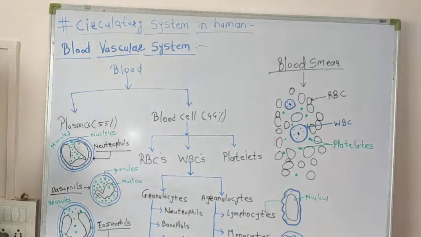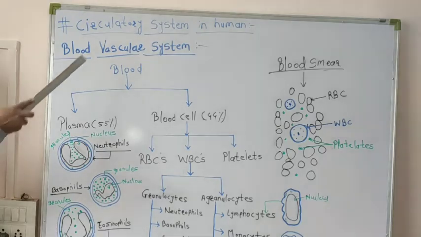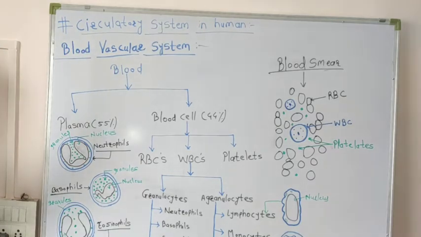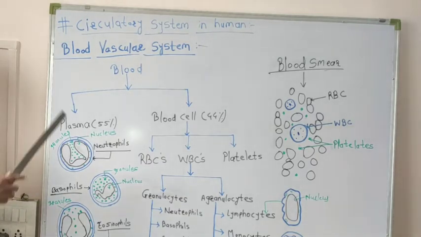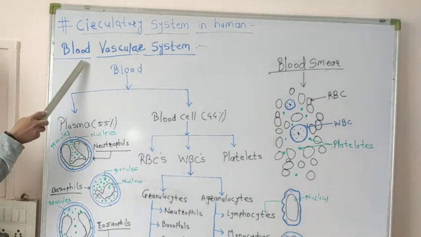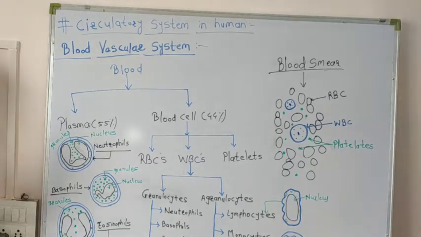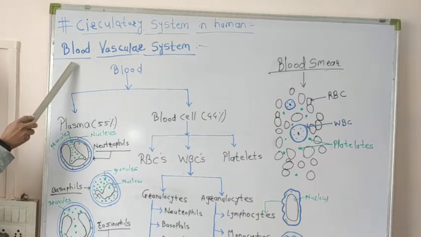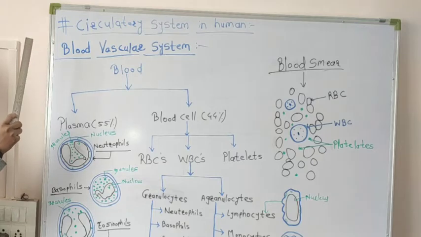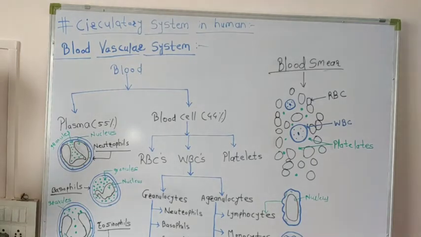Basically, the human circulatory system is made up of a blood vascular system and the lymphatic system. Lymphatic system means blood cells. So first we will see the blood vascular system and after that we will see the lymphatic system. First of all, this blood vascular system consists of the heart as well as blood vessels along with blood,